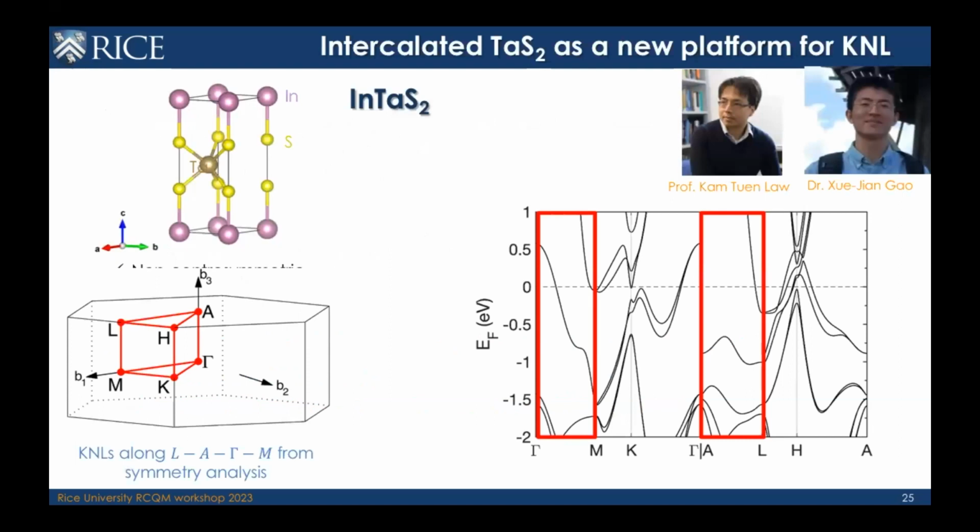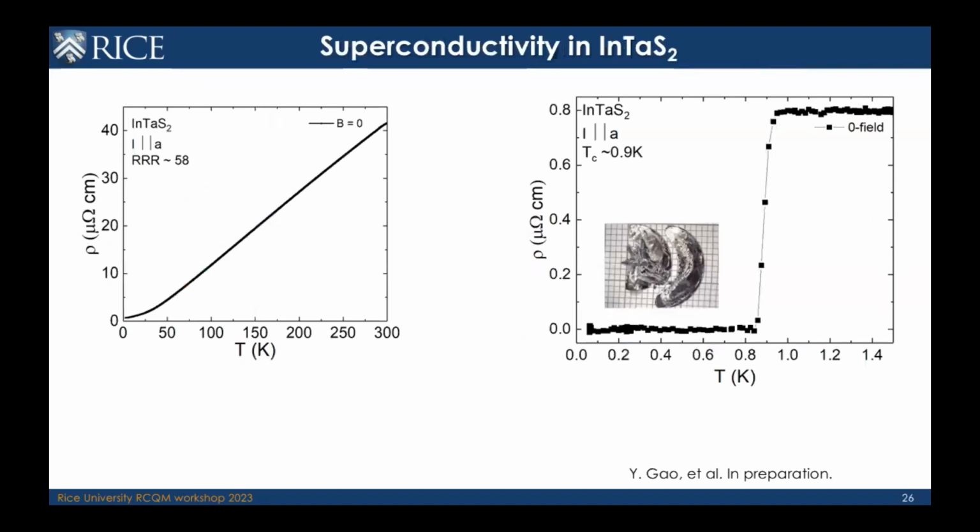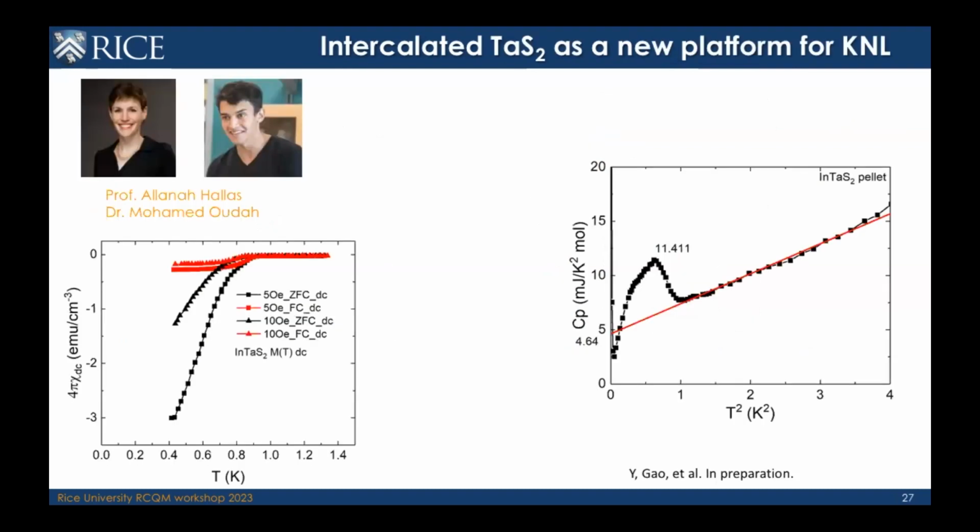The same prediction that I mentioned before, and here's the crystal structure that motivated us to look at this particular compound. Our first measurements showed very good metallic behavior, and not just metallic behavior, but the superconducting state occurring below about 1 Kelvin or 0.9 Kelvin. And we've confirmed that bulk superconductivity in collaboration with a former postdoc, Alana, who's now at UBC, and her student. They measured the magnetic susceptibility, and then we measured specific heat, and we confirmed that this is indeed bulk and not some